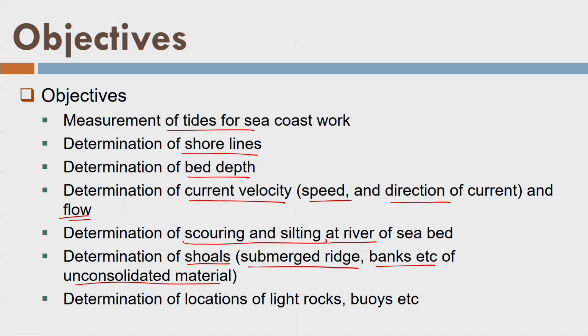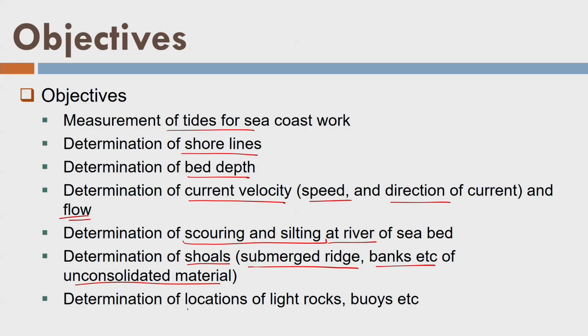That means when there is high tide in the sea, what will happen? Because of the tractive forces, they bring the water to one place and again withdraw the water. Because of that movement there will be a movement of the shoals. So I want to determine those. Okay, then what are the places where light rocks and bayous are there, right?